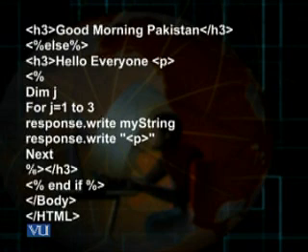Again there would be a paragraph tag, so a line break, and the next would further increment the value of j, which would now become 3, and since 3 equals 3, the loop would continue a third time, response.write myString.